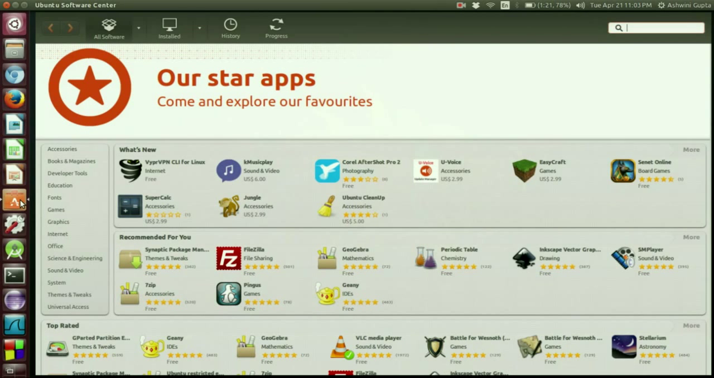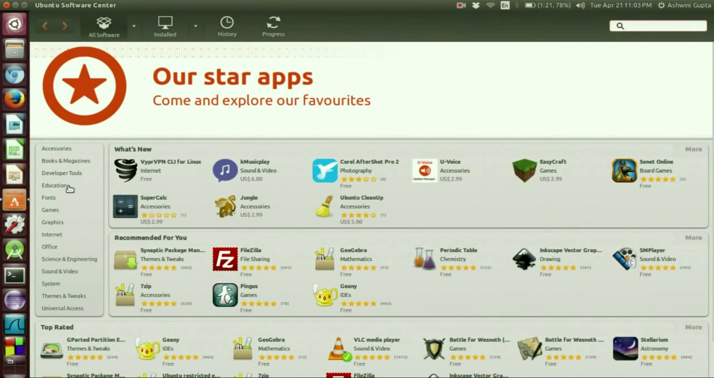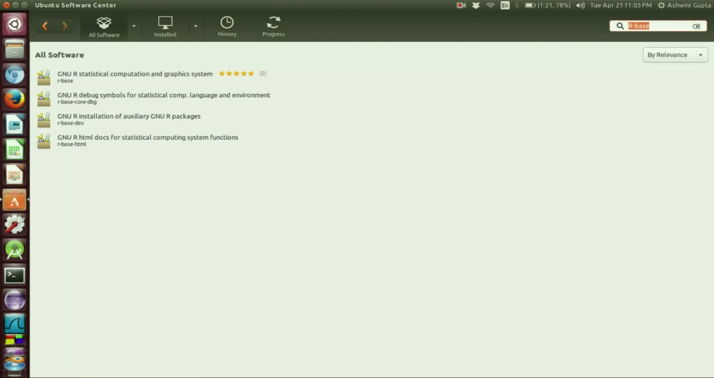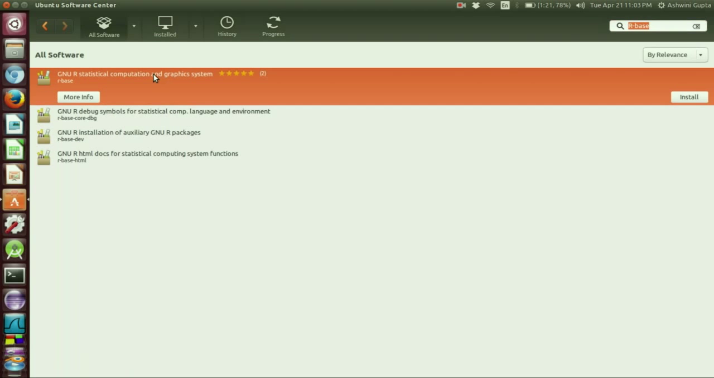Hey everybody, welcome to this tutorial where I'm going to show how to install R and RStudio. For installing RStudio, you first have to install R, and to install R you have to go to your Ubuntu Software Center, where in the search tab at the top right corner you search for r-base. When you search r-base, you click on the first one that pops up, click on more info,